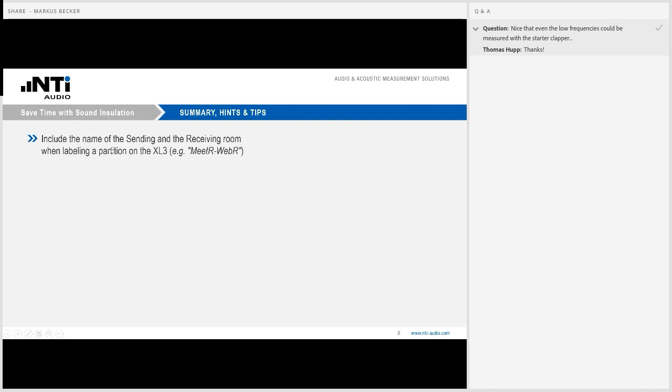And also keep in mind, especially for the post-processing, it's really worth thinking a little bit about the naming of these partitions in order to identify them in a unique way so that you easily find them when you look for them. And we recommend, for instance, to use the name of the sending room or source room and of the receiving room one after the other. That gives a clear indication of what you have measured, which partition and from where to where.